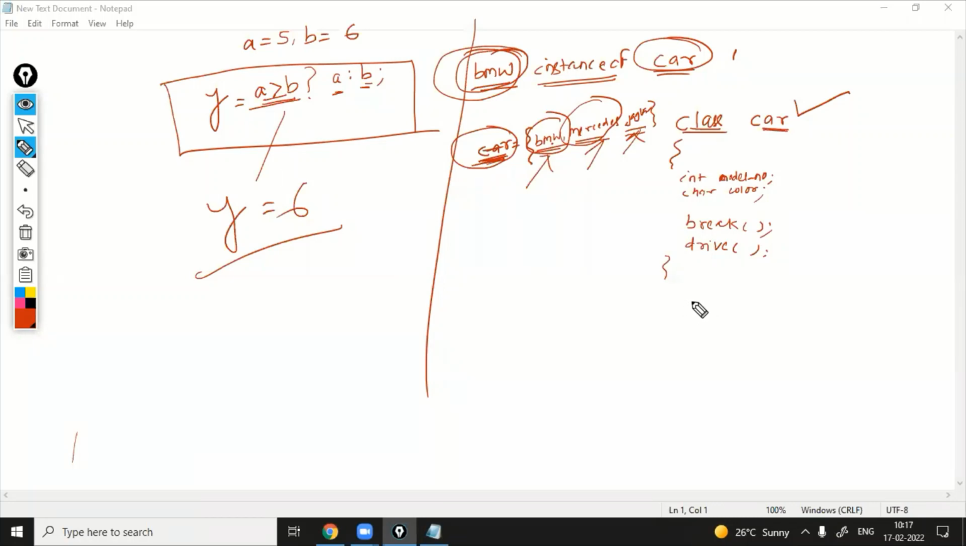Everyone belongs to Car. Everyone is a car. So Car has properties. If instead of car,